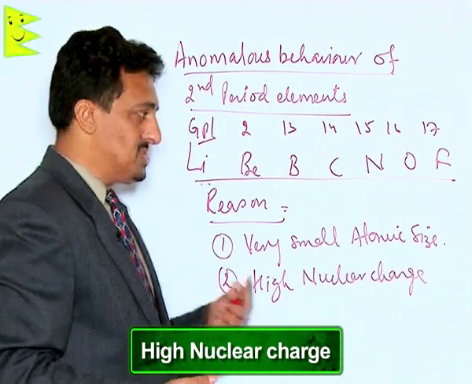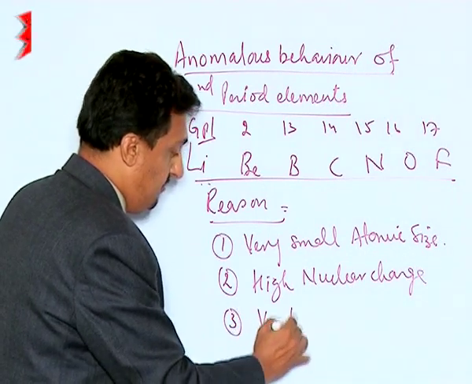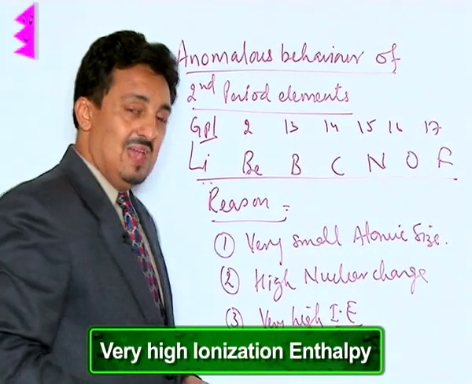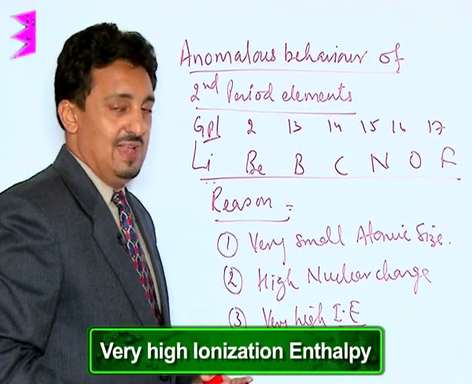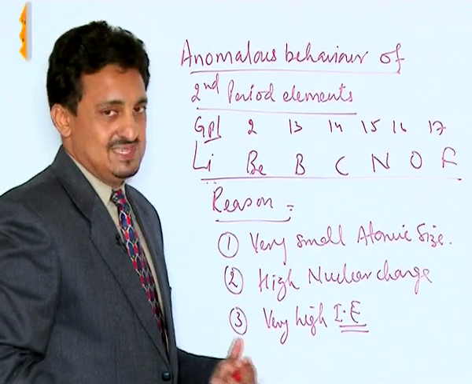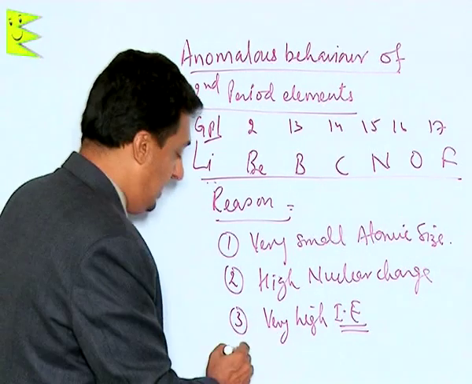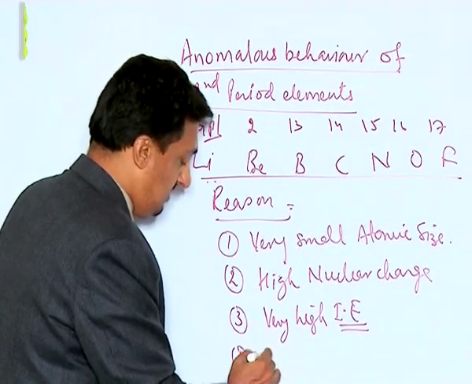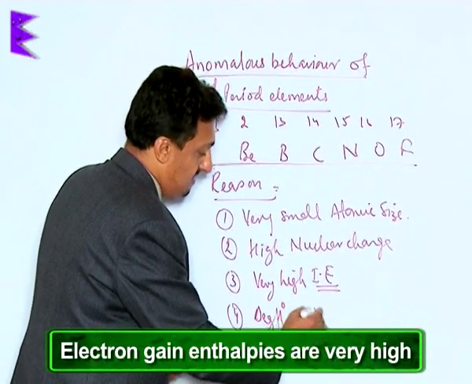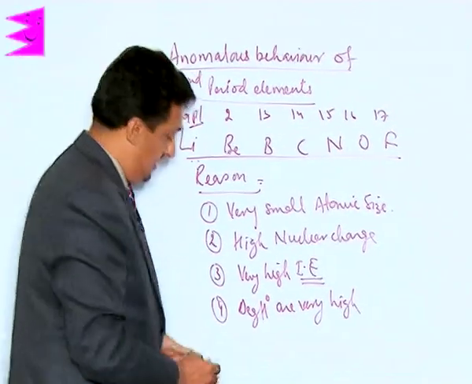As a result, they have very high ionization enthalpies. It becomes very difficult to take out an electron from these elements. Their atomic volumes are very small, because of their very small size. Their ionization energies are very high. Their electron gain enthalpies are very high, and